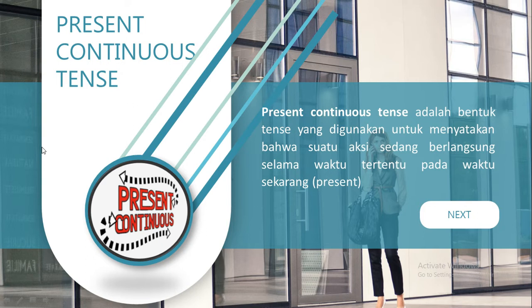Before we go to the formula and the sentences, the first thing we will discuss is the definition. Here is the definition for present continuous tense. Present continuous tense is the form of tense used to express an ongoing activity in the exact time in the present. I repeat, present continuous tense is the form of tense used to express an ongoing activity in the exact time in the present. I already provided the definition in Indonesian, so you can read it by yourself here. Next,